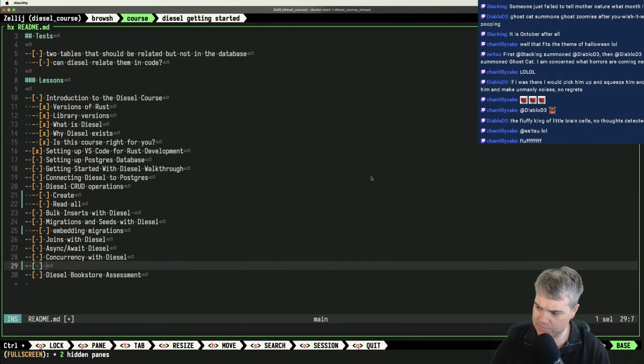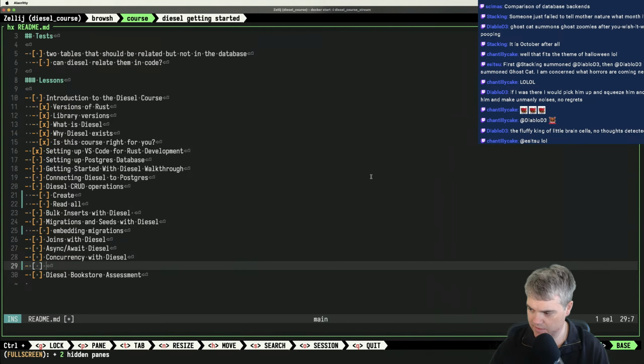Not an addendum. What would the right thing be? What's the right word for this? Something that comes after. Comparison to backend of database backends feels long for a section, but also